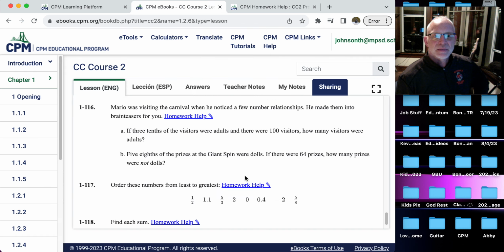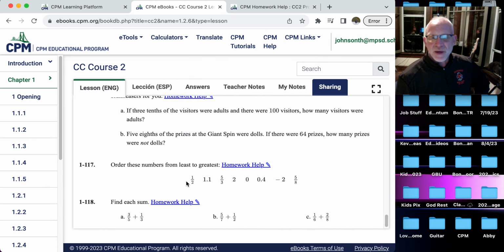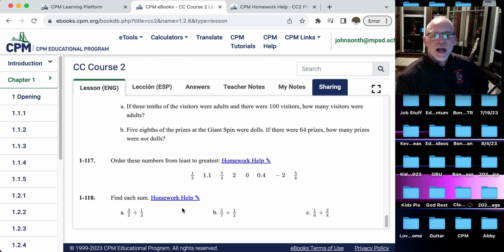Okay. Order these numbers from greatest to least on a number line. And then add these numbers together: 3/5 plus 1/3, 5/7 plus 1/2, 1/6 plus 2/8. Sound good? All right, to recap, we worked on